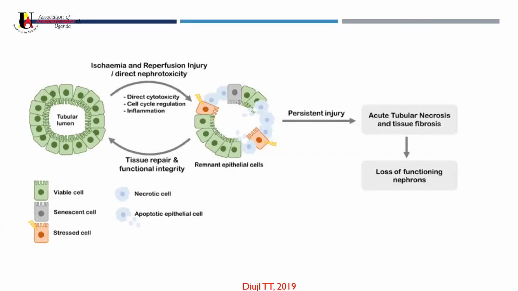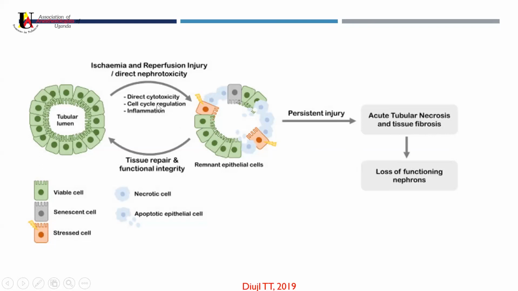Therefore, we need to think about other ways of finding out how we can tell kidney injury much earlier. As the person who spoke on pathophysiology told us, here we are looking at the tubular, which is normal. Once we get this injury, which is usually ischemia or reperfusion injury or direct nephrotoxicity, then we injure these cells. Once these cells are injured, as I showed you in the AKI, AKD, CKD model, depending on what happens, if